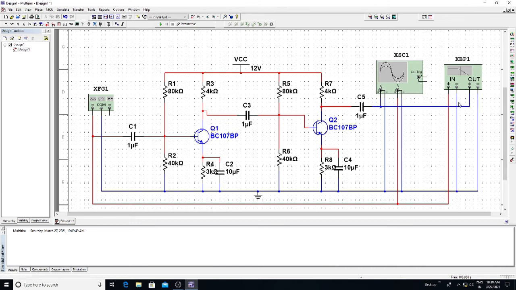So now we have connected a Bode plotter. This input indicates that we need to select the input signal. I have connected positive to the positive of the function generator, negative to the common ground line, and output to the capacitor, and output negative is connected to the common ground.